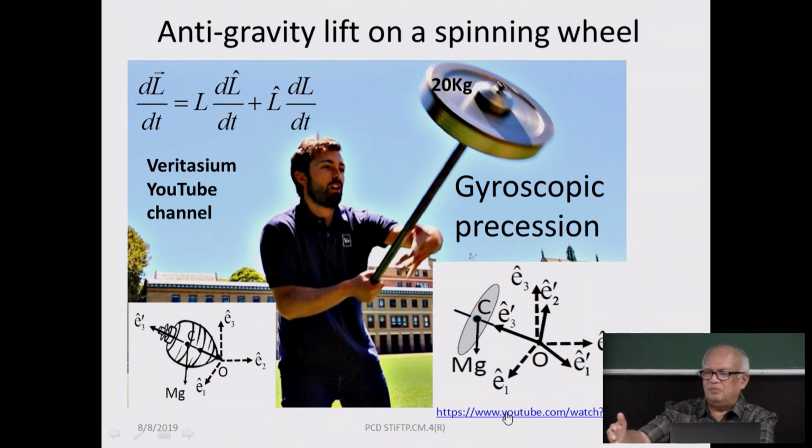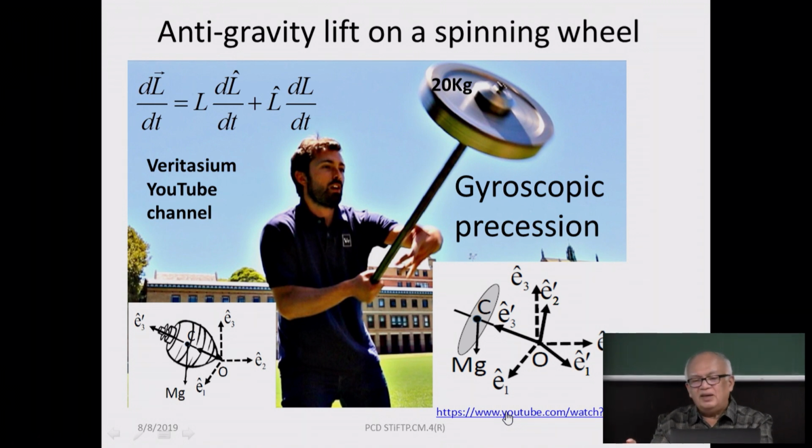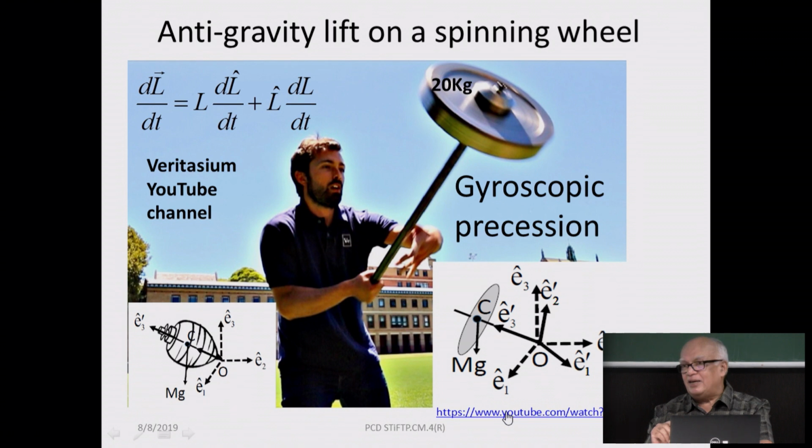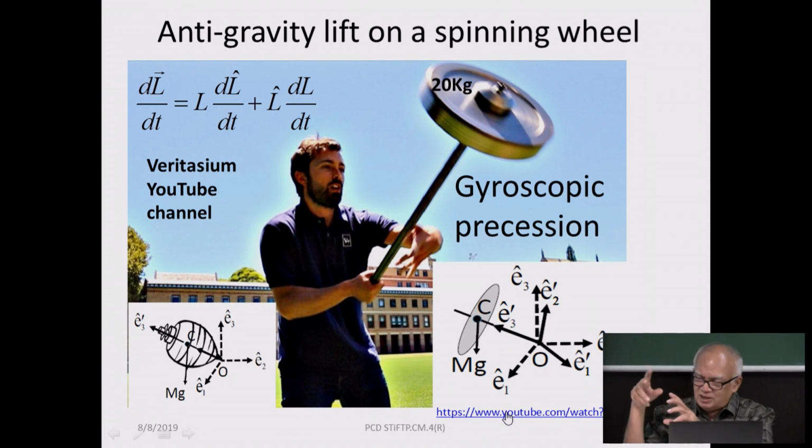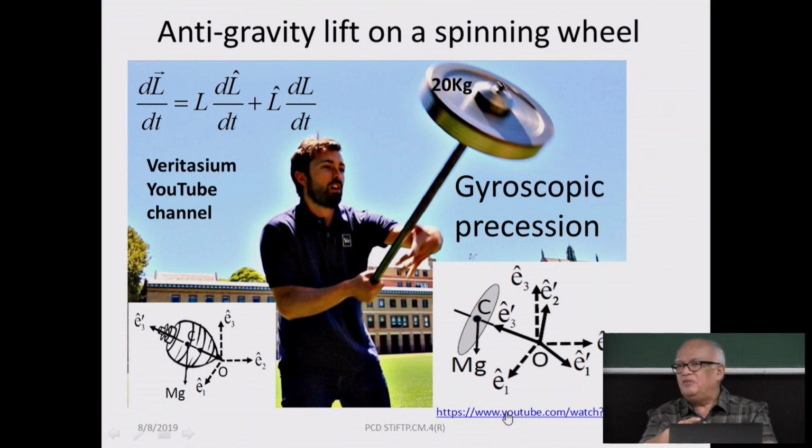When you travel, typically with a 20 kilo suitcase, you don't lift it so easily, right? And here is a 20 kilo mass, it's a wheel, and he's holding it so easily. He won't be able to do it if the mass was not spinning. But when it is spinning, if you set it into rotation, and the YouTube video shows how his friend comes and imparts a spin on this wheel, and once that spin is imparted, then you can see that